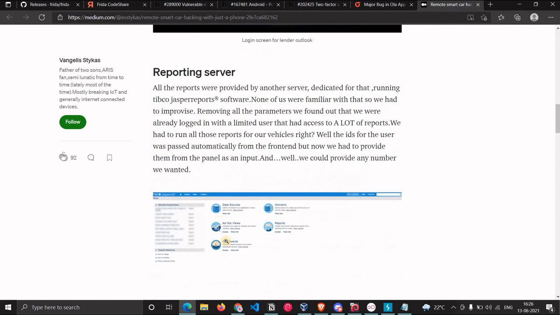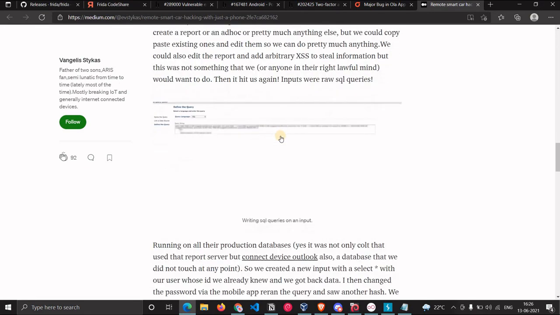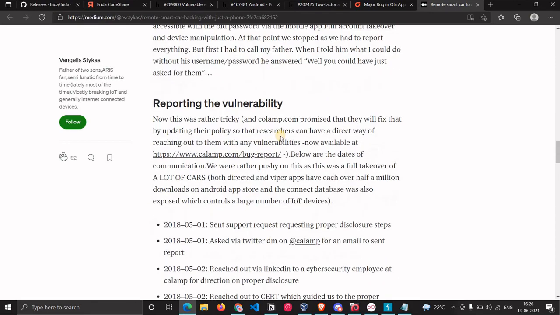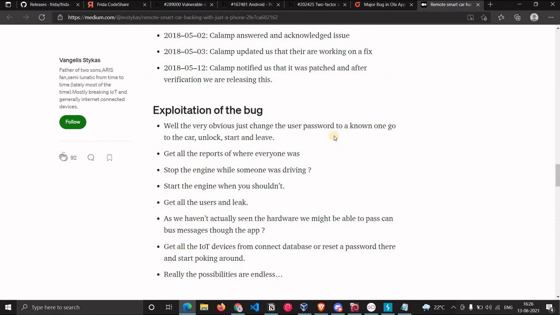On that server they can just log in with their normal privileges, and they'll get access to all the users' data, whoever is using this application. So this is what they have found.